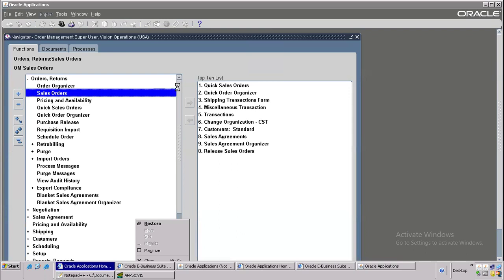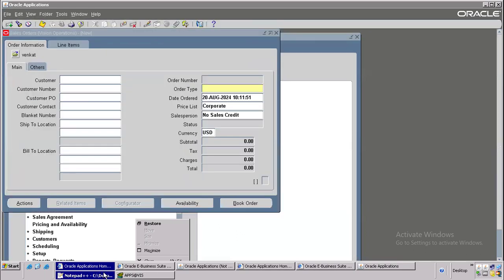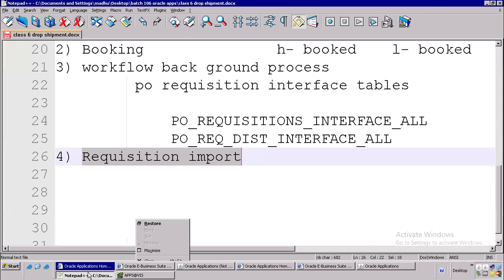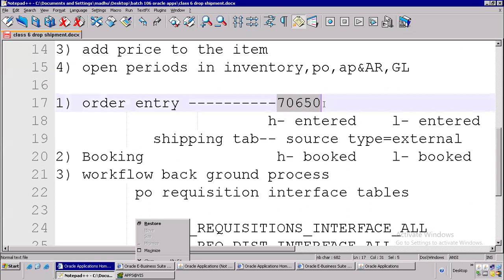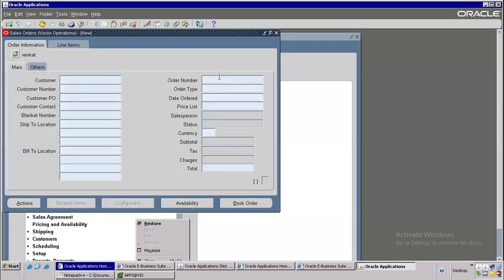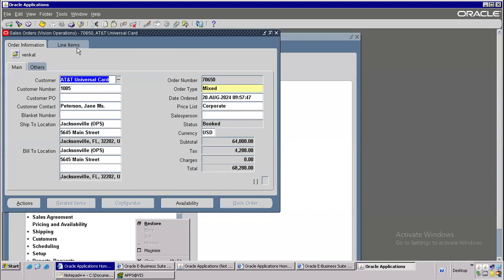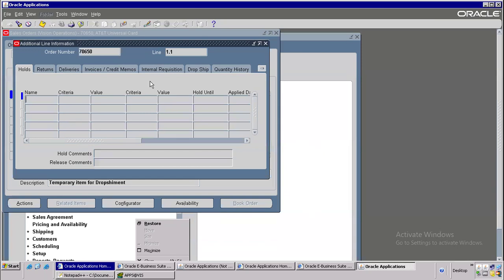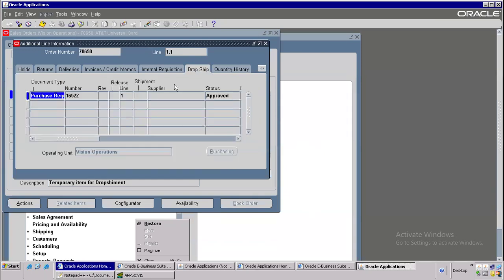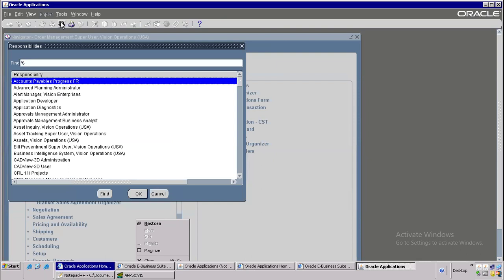You can check based on a sales order. Take your order. This is the order. Line items. Actions. Additional line information, drop ship here. So this is the number. It is already approved also. Okay. So whatever you are seeing here, it is a purchase requisition. And go to your purchasing